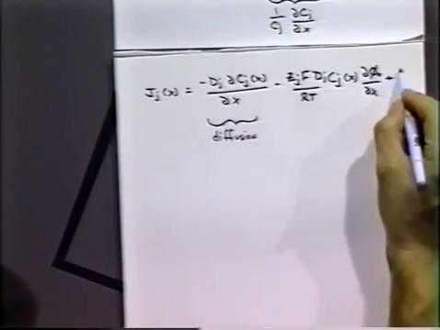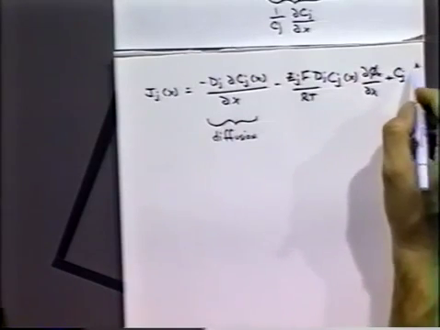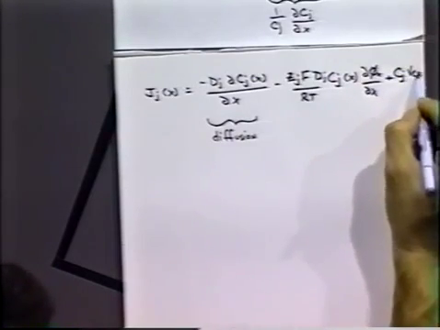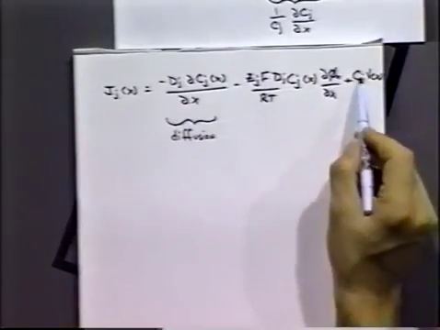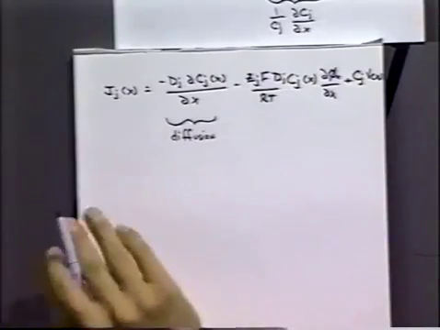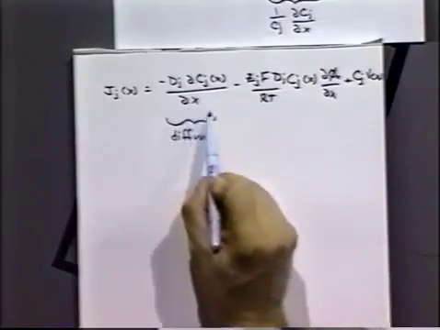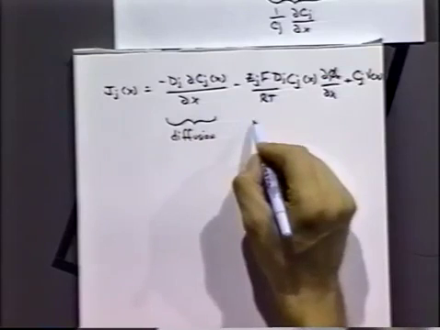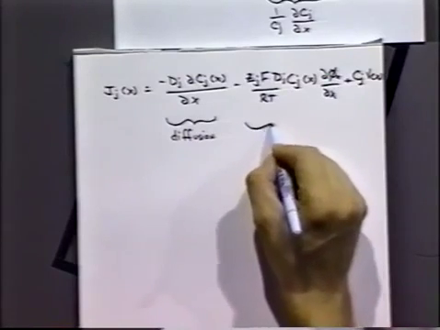And then finally, we will add in our convective term, which is a velocity: concentration times the velocity of the solution in the x direction. Again, notice this is all in one dimension. We've got a diffusional term, a migration term,